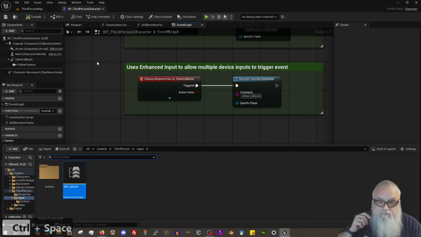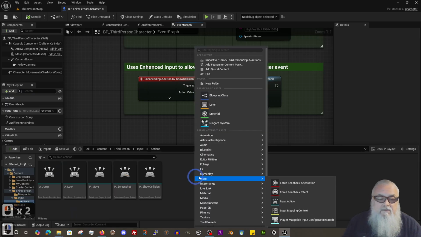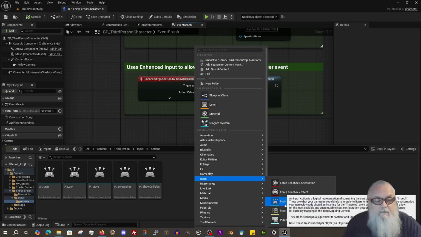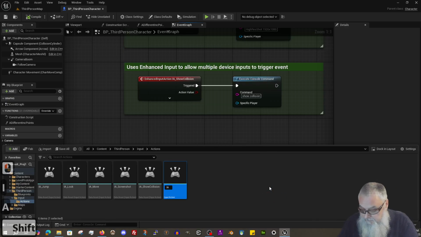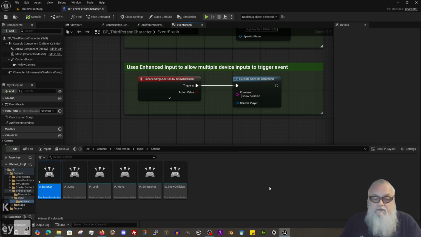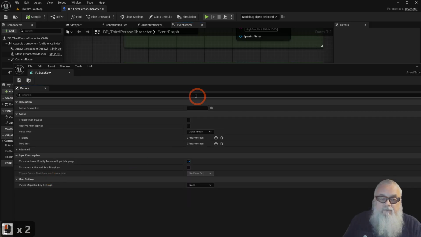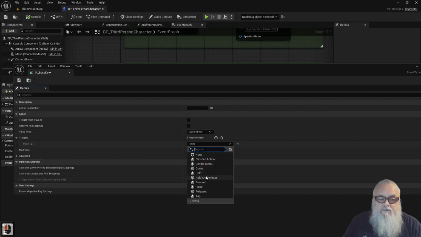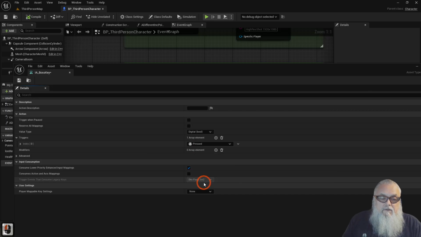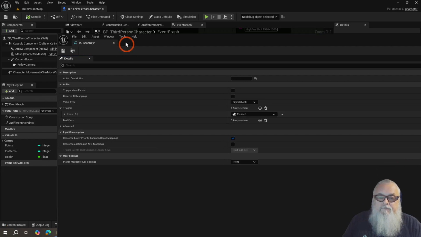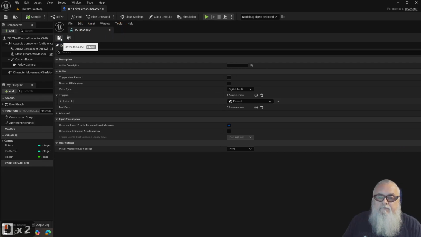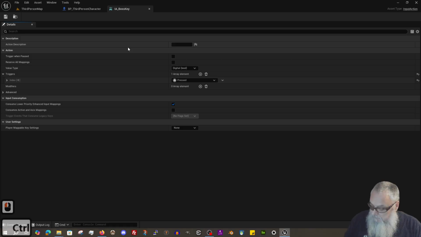So in here, we could do a third-person input action. IA boss key as the example. We're pretty sure we're going to want it debounced the same way. So it's on pressed. And in our